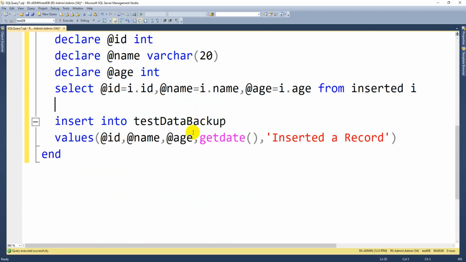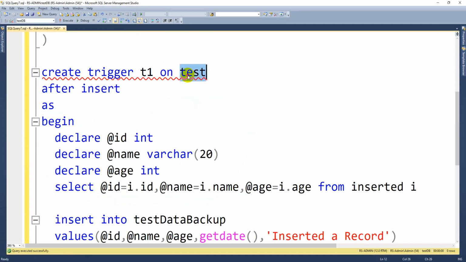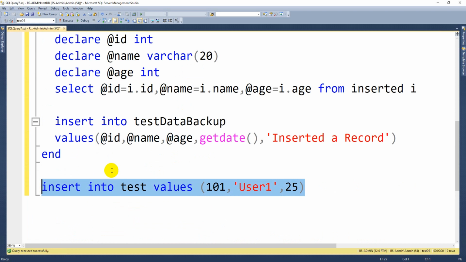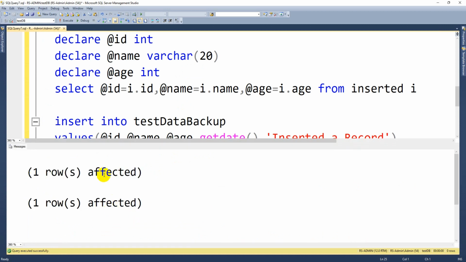Now let's insert a record into this test table. Insert into test values 101, user 1, age 25. If I execute this, there will be two rows affected, because one row was affected with the normal insert syntax, and one row was affected due to the trigger.